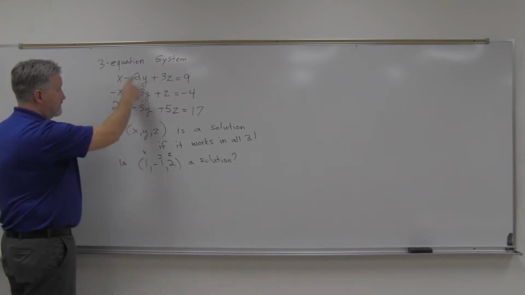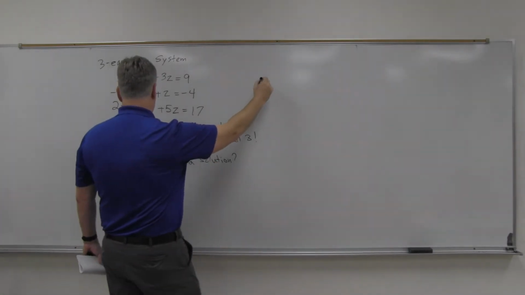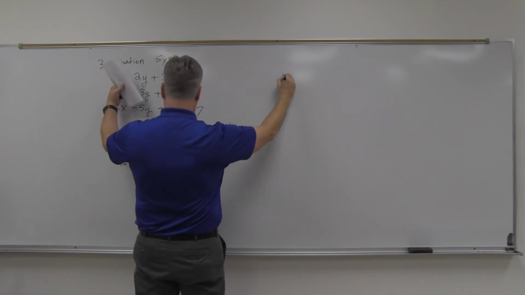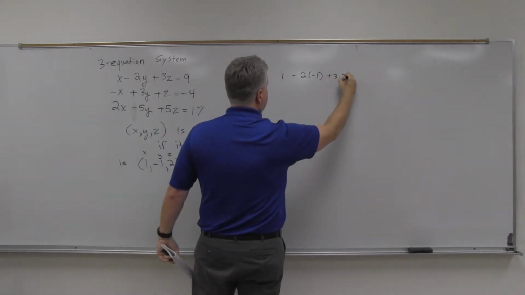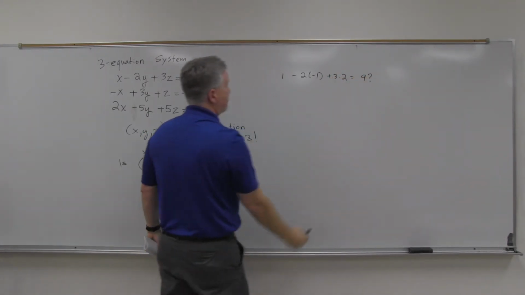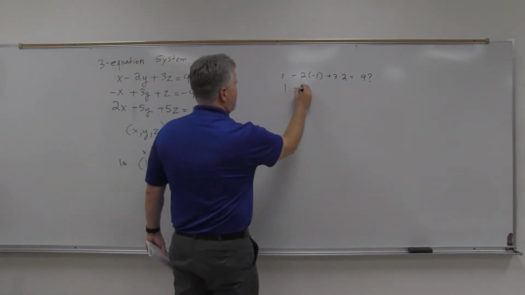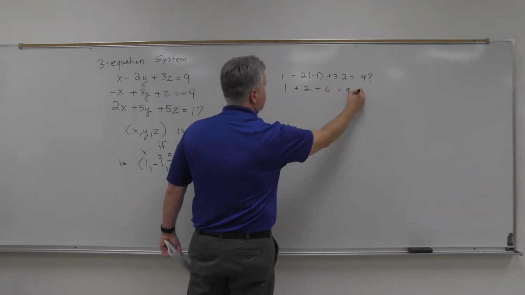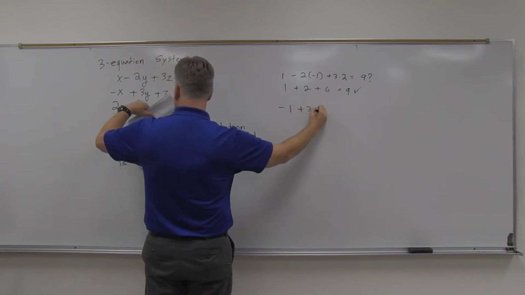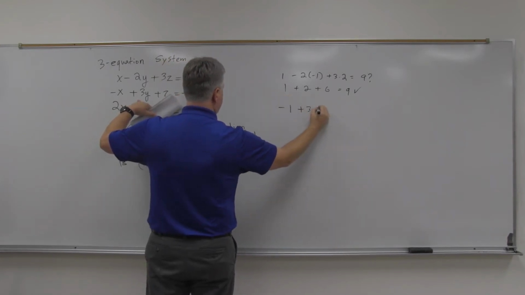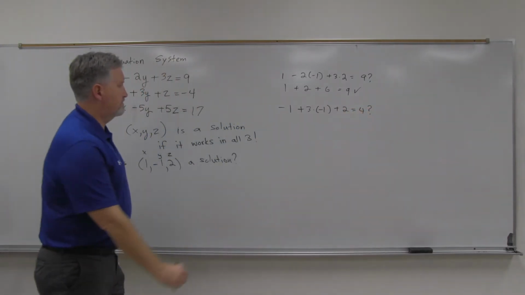So we just check to see if it works in all three, if we've got something to check. All right, so 1, and then -1 for y, and then 2 for z. Does that equal 9? If it doesn't, then we can say no, but if it does, we'll check the other ones. Yeah, that's going to work, isn't it? So what about the other one? -1 plus 2, does that equal 4? The second equation,